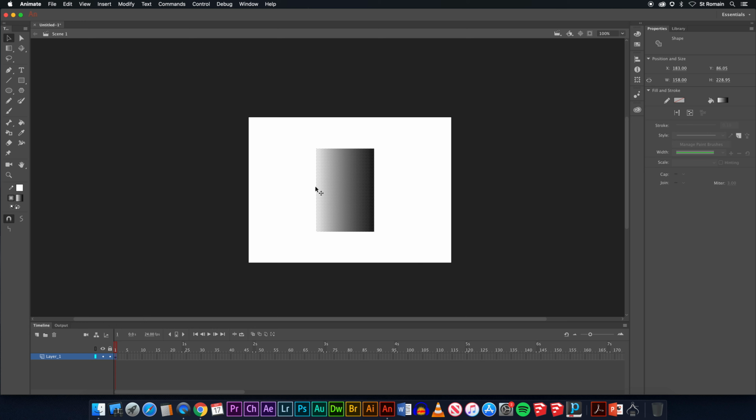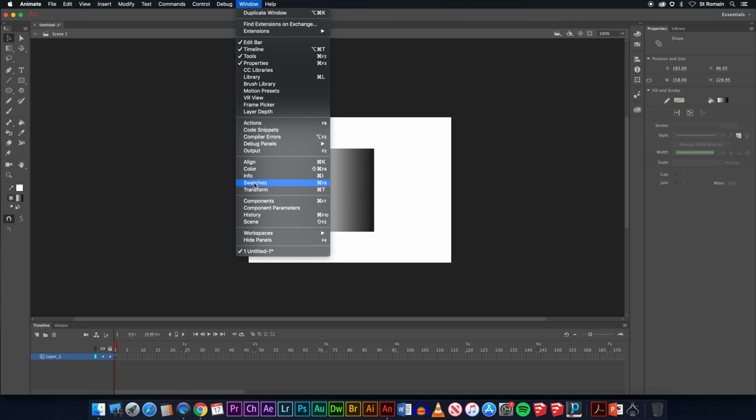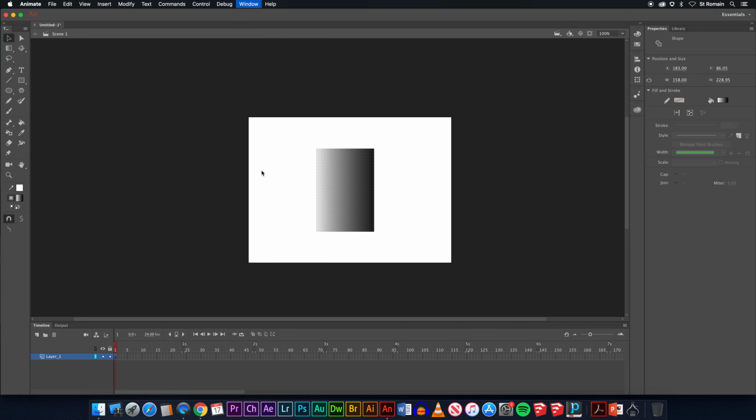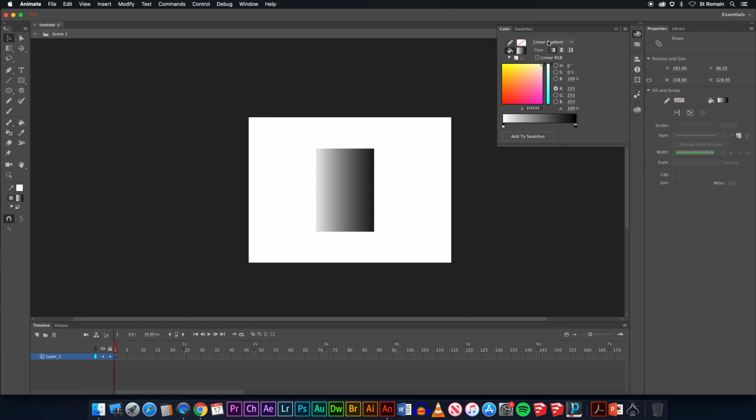I'm going to go up here to window and I'm going to open up my color palette. Okay, and that's going to give me this here. Now, right now you can see this is set as a linear gradient. While I have it selected, I can make some changes. I can make it into a radial gradient, which starts at the center at white and goes up to black because those are the two colors we have selected. So I can go linear, white to black, and you'll see here white to black, or I can go radial,